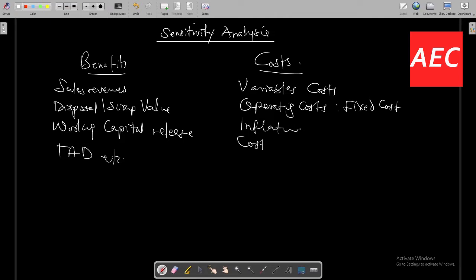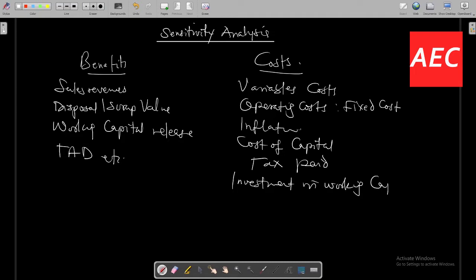The cost of capital, the tax paid. You can also look at working capital, investment in working capital, and many more. Many more variables come into